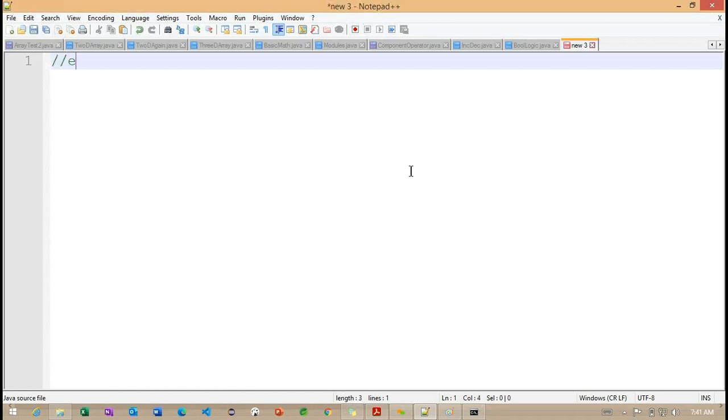First we need to understand the syntax here. First I'm trying to write expression 1 and a question mark here. Getting the point. And after this, I'm going to write expression 2 and colon expression 3.